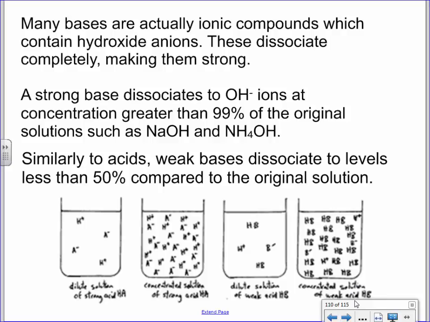Okay, bases. I should point this out though. Most bases are actually ionic compounds, like for example NaOH, NH4OH. Just so you're aware, ionic things dissociate almost all the time. It's really just the acids we have to worry about. Strong bases usually do this all the time, but it's acids you've got to worry about as to what percentage they do.